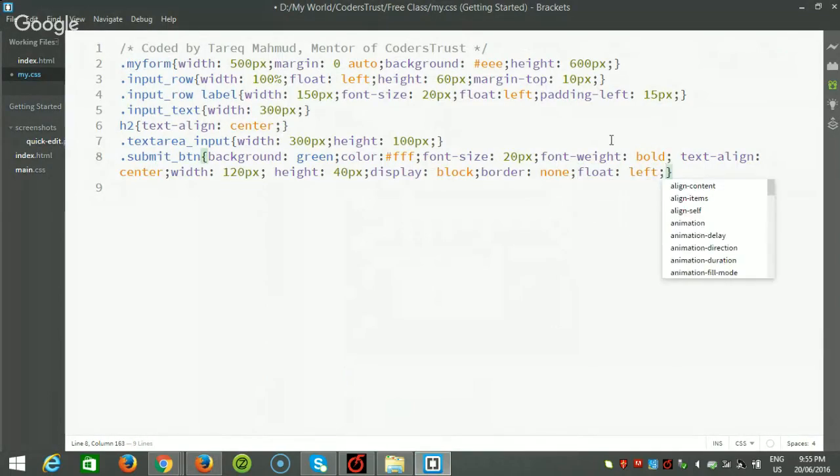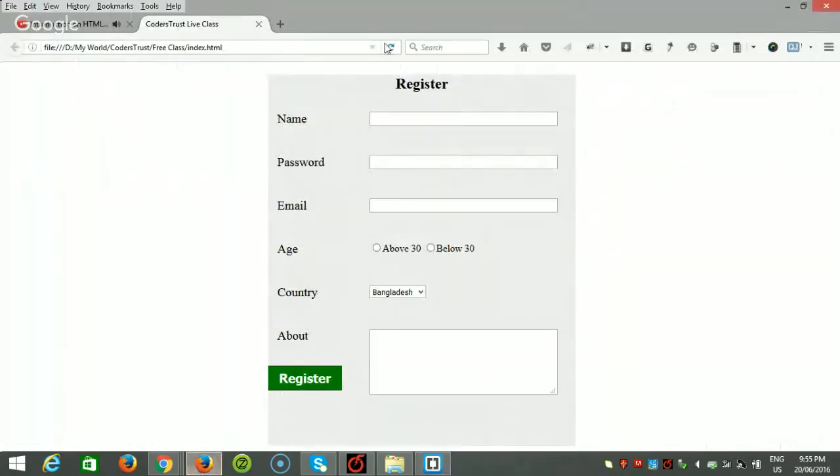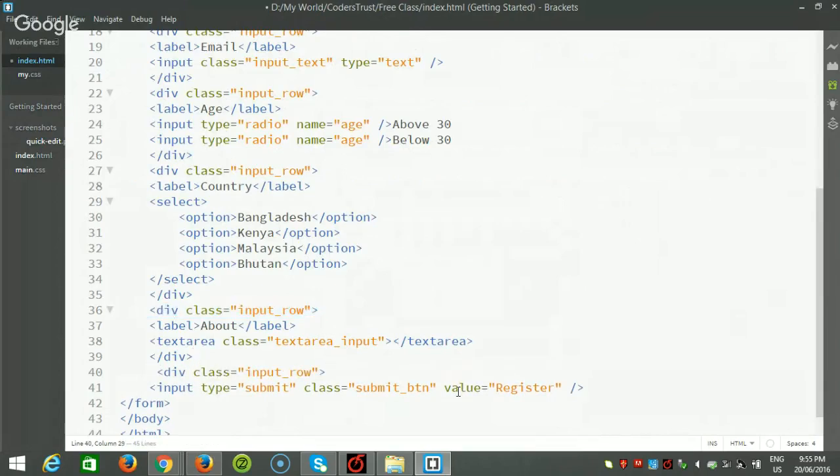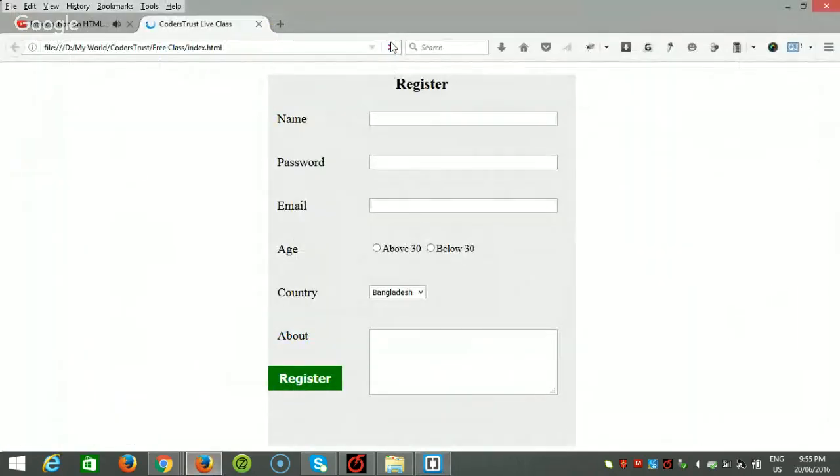Left, because it is now overlapping with the others. So it can be an independent input from here. Okay. And there can actually be some